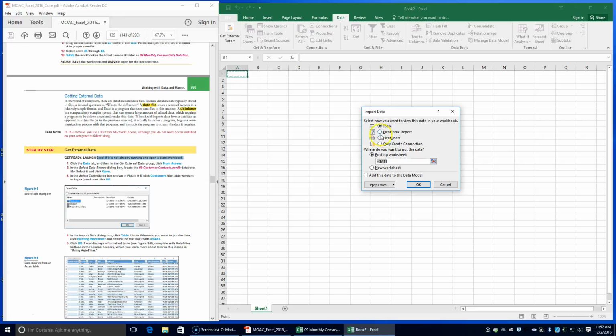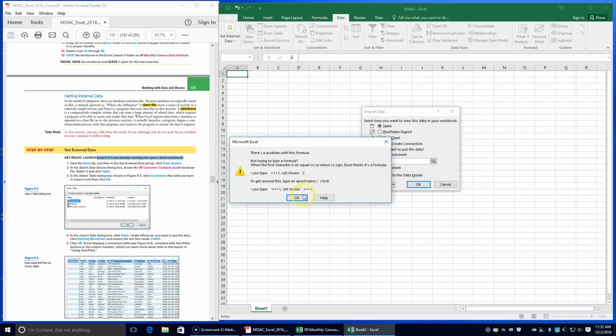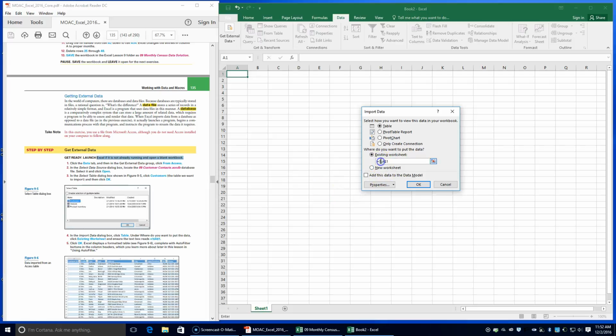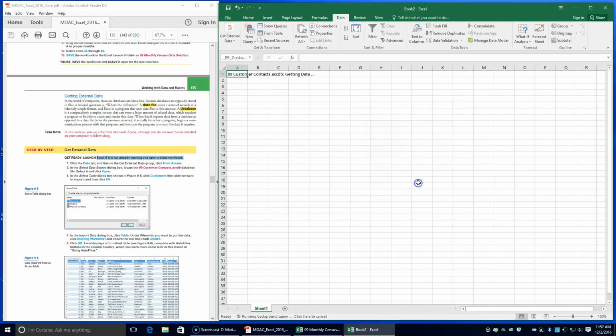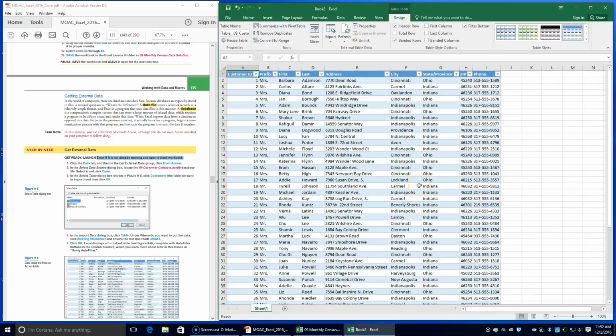Under where do you want the data to be placed, we're going to click on Existing Worksheet and make sure that it reads I'm going to put in the exclamation point, $A, $1, and then click OK. Okay, well, maybe we'll try getting rid of that. Get rid of the dollar or exclamation point and click OK. Yay, it opened. Alright, so